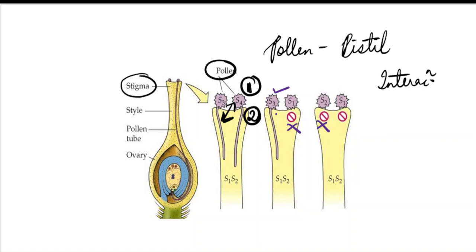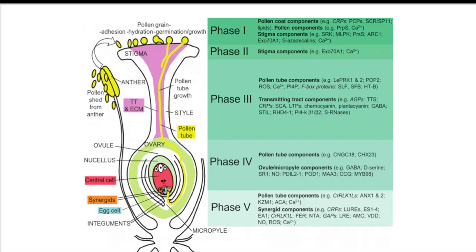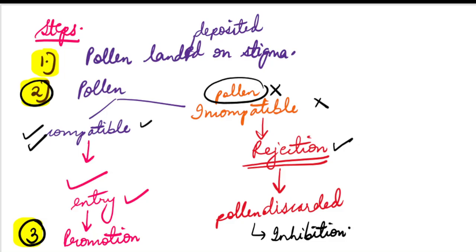So let's speak about the further parts. Now what will happen in the next part? See, if you can see the part which I am marking with purple, the pollen tube got germinated, but it won't germinate directly. There is something which was triggering it to germinate. So the fourth point, what will happen in the fourth point,